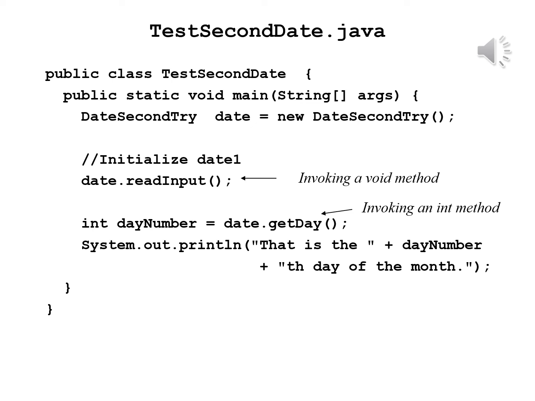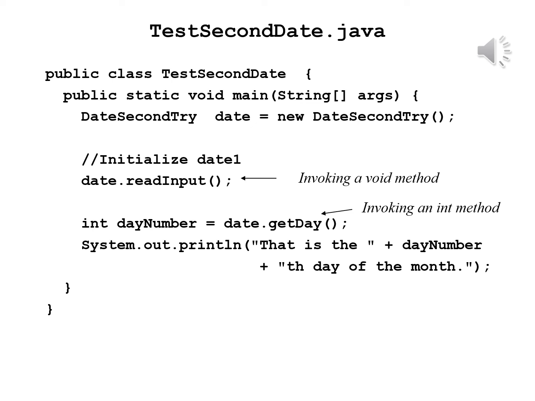We begin with the header public class TestSecondDate. We begin the method with public static void main(String[] args). We declare the object by writing DateSecondTry date = new DateSecondTry(). Now that the object has been constructed, we're ready to get going. We are going to initialize date, as the comment says, and then